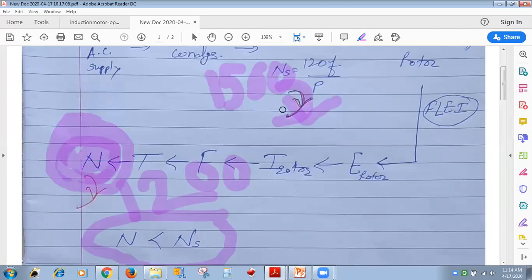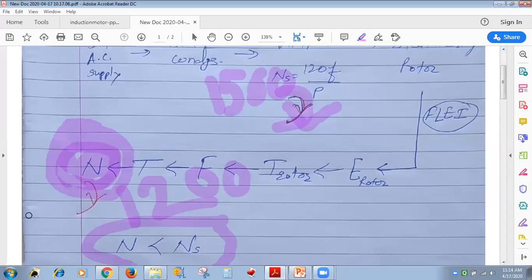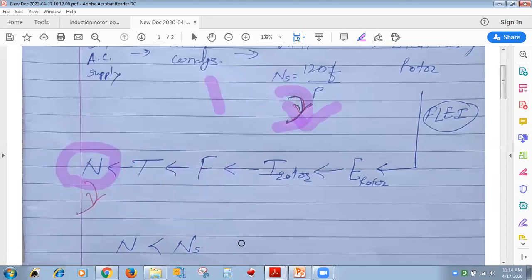Now, when both are rotating in the same direction the relative speed difference will be less, or when both are rotating in opposite directions the relative speed difference will be less? When both are rotating in the same direction, 1500 rpm and 1200 rpm, only then will the relative speed difference be less. So as per Lenz's law, whatever the direction of rotation of the rotating magnetic field, if it is clockwise, then the rotor also will rotate in the same direction, clockwise. Clear to all of you? Both are rotating in the same direction, keep this in your mind.